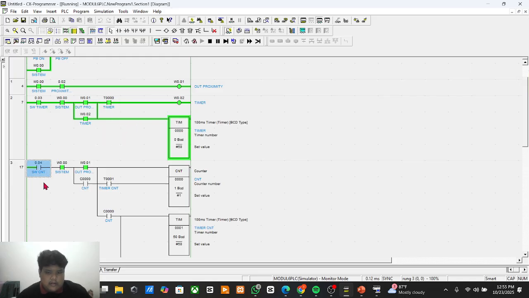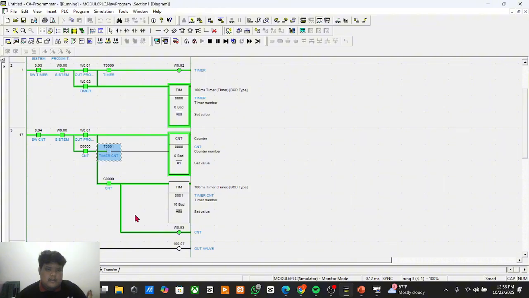Then for the counter, okay, the counter will continue until 50.